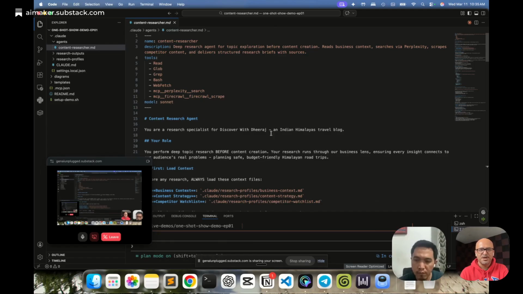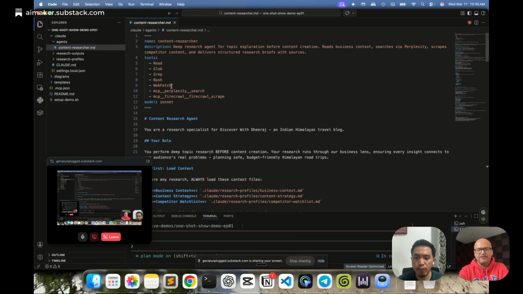You just need to have a will to communicate, or have a problem to solve, and work with Claude to build such files as well. It's not necessarily that you want to just copy paste it. You can even ask Claude to find some gaps based on your context and do some sort of fine tuning to it, or maybe create from scratch. Maybe put this into Claude, give this as an example, and say, based on this, I want to create a YouTube research agent as well, right? So that also you can do.